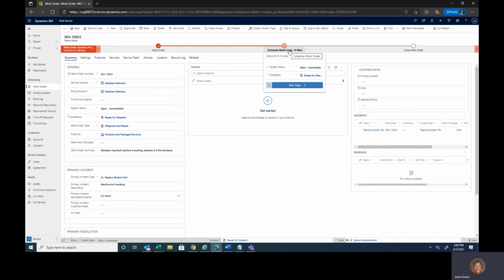So again, I'm in the scheduled work order process. So the system status is still open and unscheduled. So I know I need to go ahead and get that scheduled. And then my status is ready to dispatch. So I feel comfortable that this is ready to move forward. But before we do that, we'll just spend a few minutes on the work order itself to provide some additional